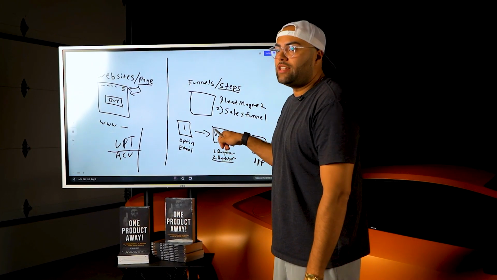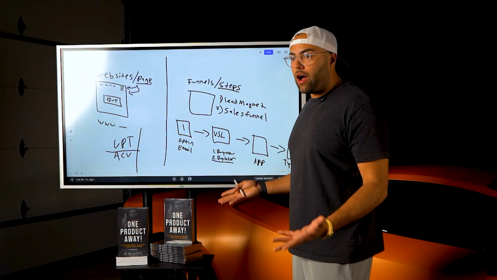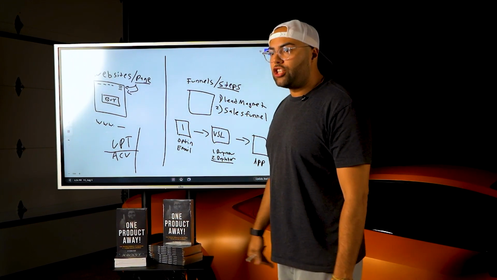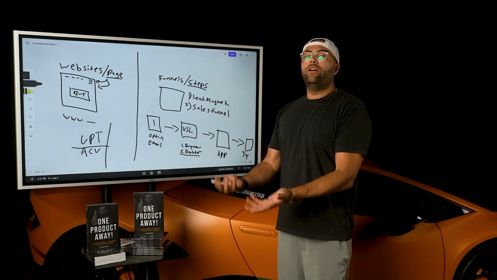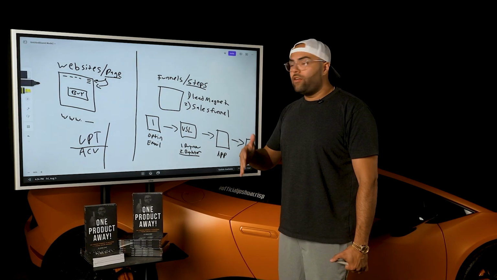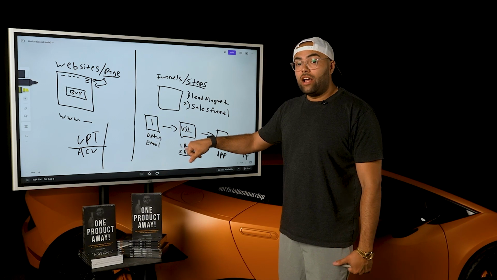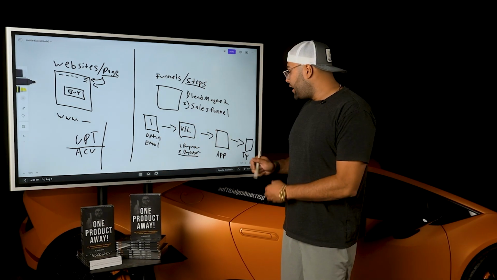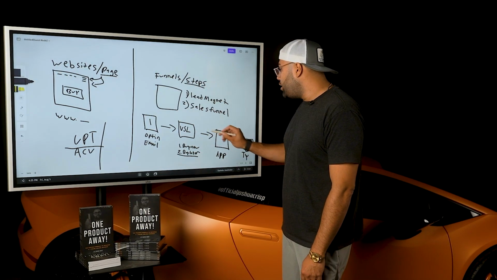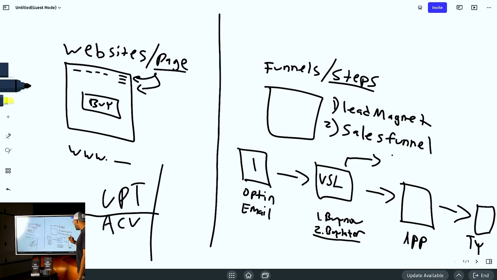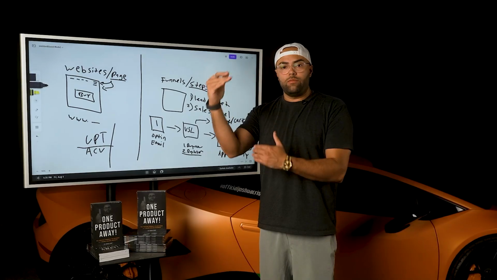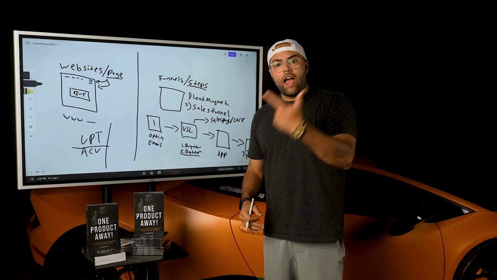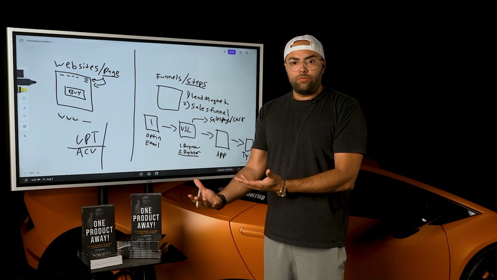So for instance, here in the VSL, let's say you were selling a $47 camping product, right? And you do a short presentation on what the camping product is, what it does, why you need it, how it's going to make your life easier, right? Very simple framework, and then you sell this product. Well, when you sell this product, instead of going to an app, to a thank you page, you would then go to what's called a sales page or a cart, right? That's where you put your customer information, your name, your address, how much you want, where you want it to ship to, and so forth.